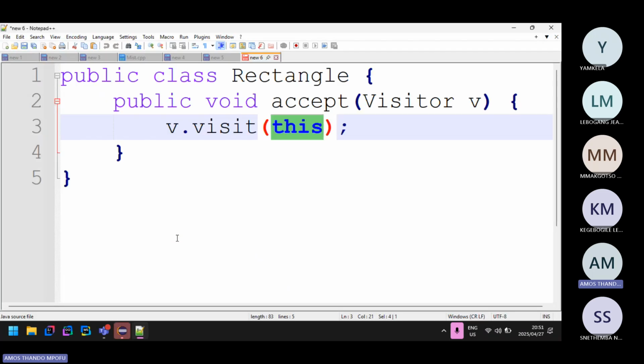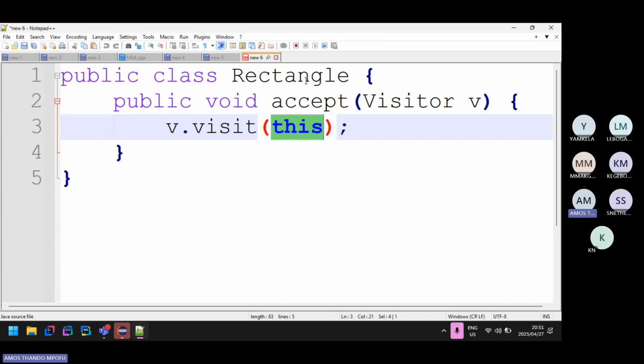So we have shapes that we don't want to do drawing, we want to calculate the area. So they have a similar operation, which is calculating an area. Since they have a similar operation, and that operation is kind of unrelated in the sense that calculating the area for a rectangle is not the same way as you calculate the area for a circle. So what I'm going to do is